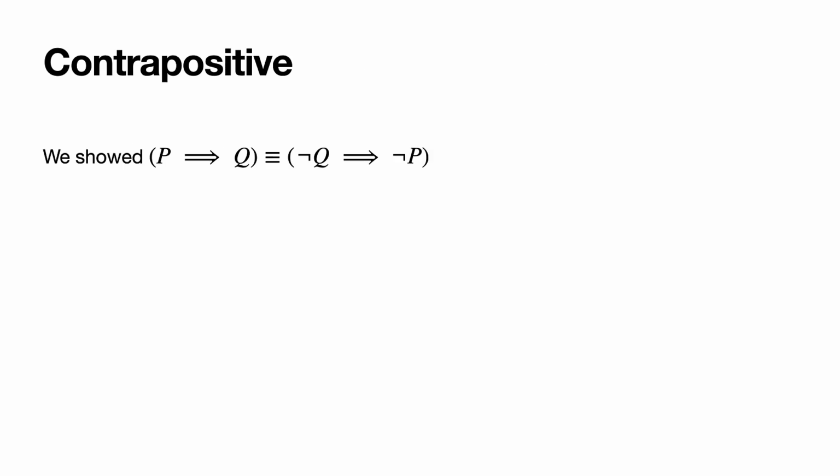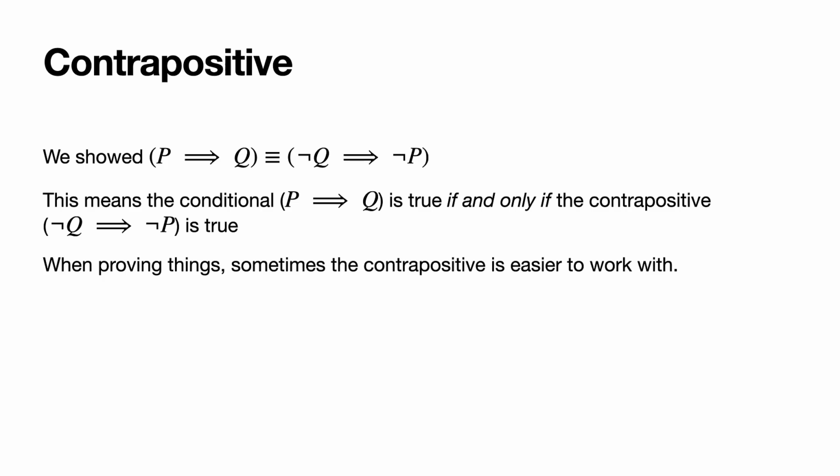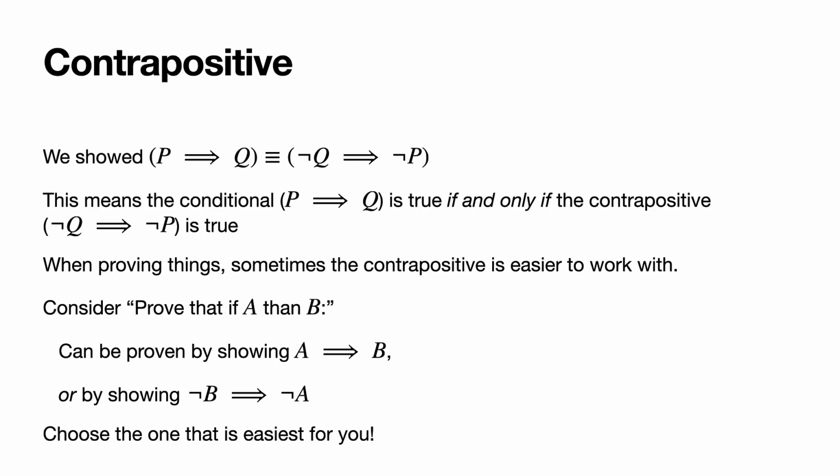So what we've done is show that P implies Q is logically equivalent to not Q implies not P. In other words, P implies Q is true if and only if the contrapositive, not Q implies not P, is true. And sometimes when proving things, that contrapositive is going to be easier to work with. So consider you have something that says, prove that if A, then B. You can prove this by showing A implies B. This is a direct proof. Or you can use the contrapositive, because once again, if A then B is logically equivalent to if not B then not A, you can prove the same thing by showing not B implies not A. So really it comes down to choosing the one that's easiest for you,